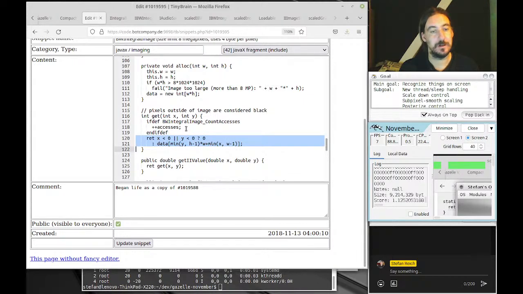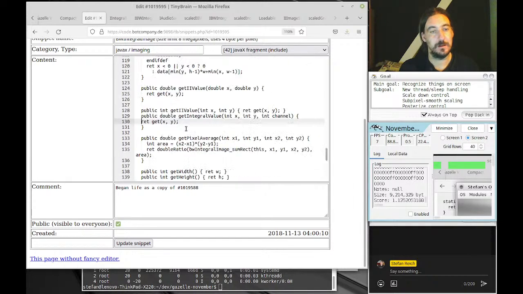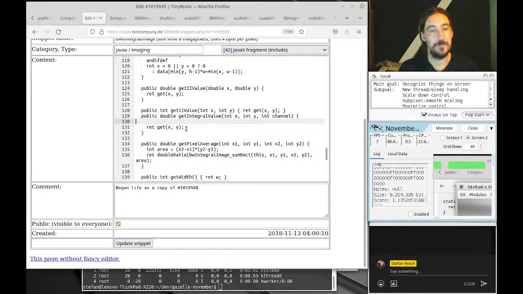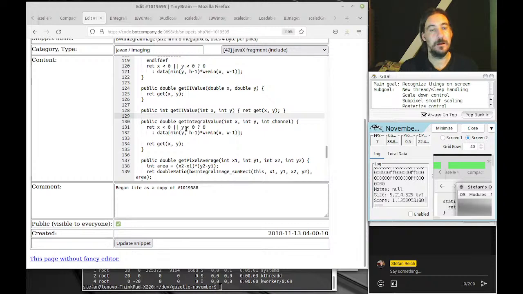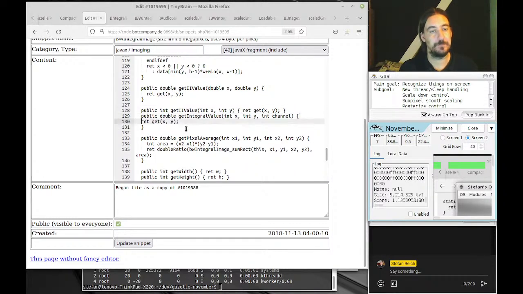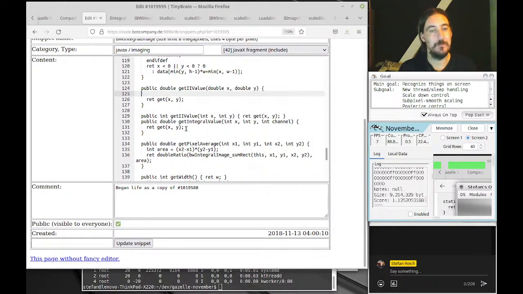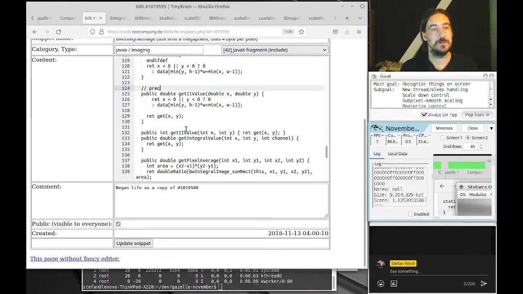It just grabs something from the array. Where am I? Here. Precise version with subpixel calculation, whatever, anti-aliasing. So